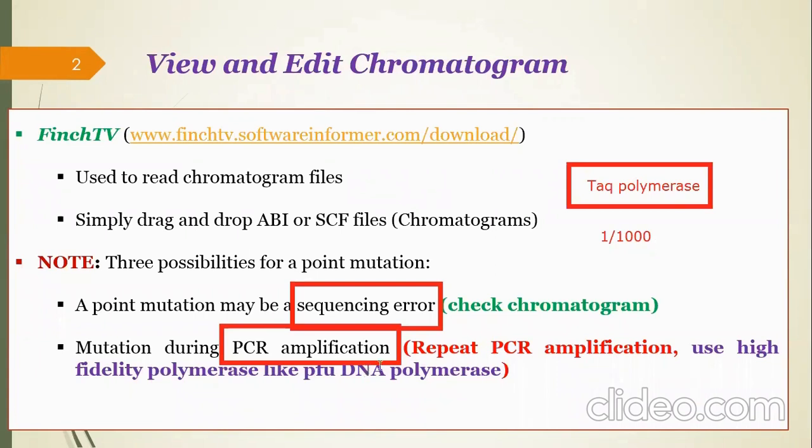ठीक है, so now we have the mutation, like we got mutation in our sequencing product. That mutation which we call a mutation, that could be a sequencing error, or a PCR error, or a mutation due to the use of Taq polymerase. So वो PCR amplification में भी मसला बन सकता है।